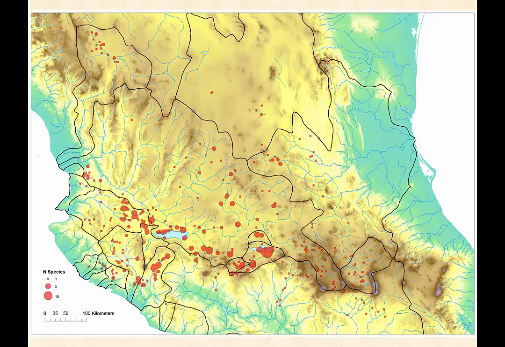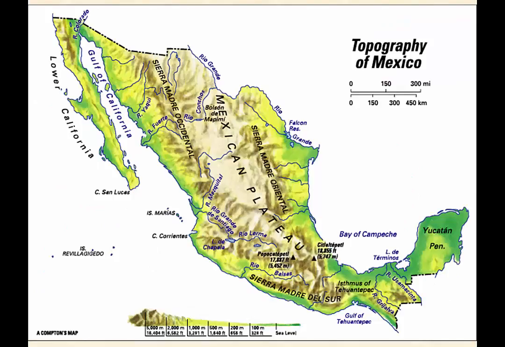This line of mountains here is called the Trans-Mexican Volcanic Belt. It's up to 15,000 feet high, a highly volcanic area. We've got what is called the Mesa Central Plateau, this area up here, an area of high plateau. So here's the geography. That was the evolutionary tree. How do we put them together? That's the question. This is just to give you a slightly better understanding of the geography of